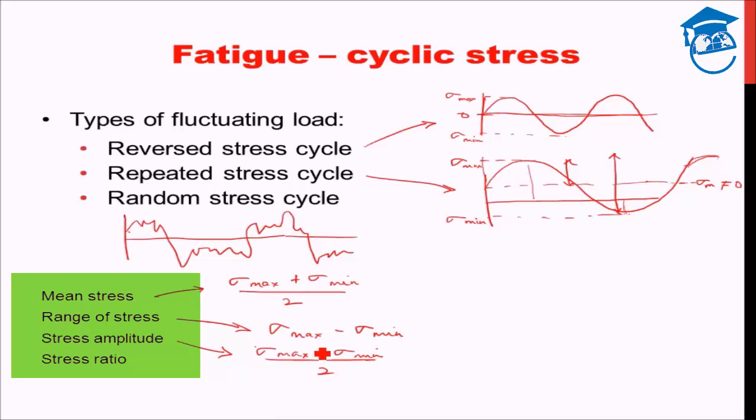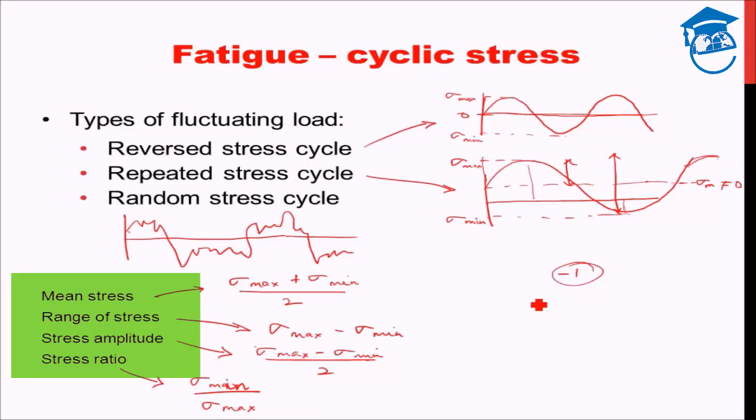That is stress amplitude. Okay, and stress ratio, finally, stress ratio is the ratio of sigma min over sigma max. That is the stress ratio. What is the minimum stress during the cycle to what is the maximum stress during the cycle. For the reverse stress cycle, the stress ratio will be equal to -1, because sigma min is minus sigma max,